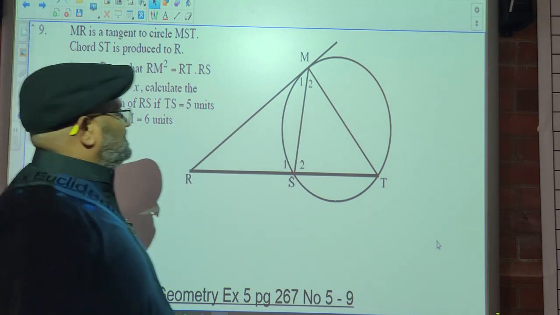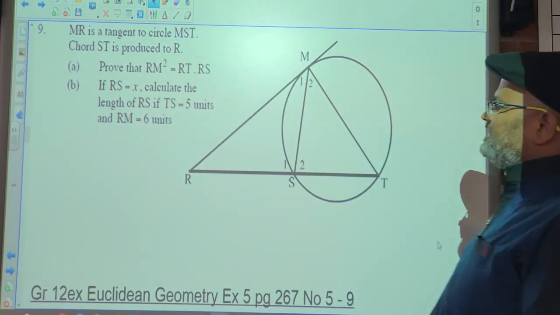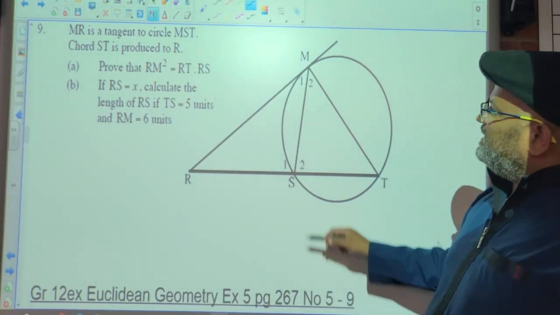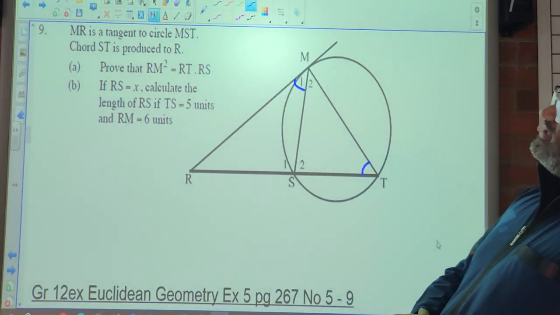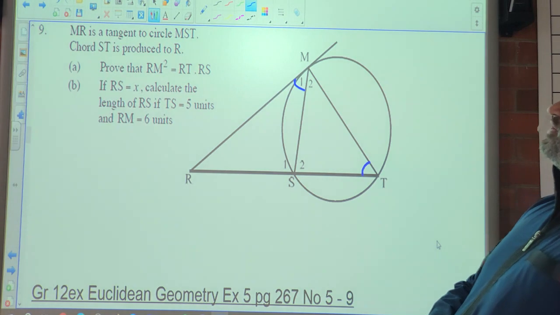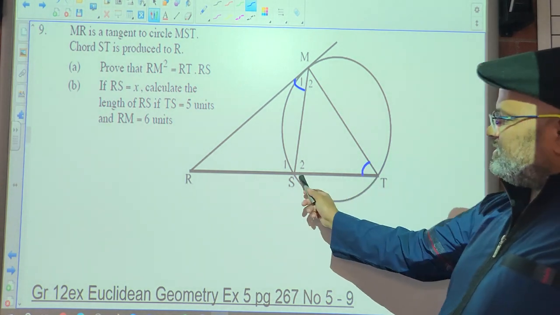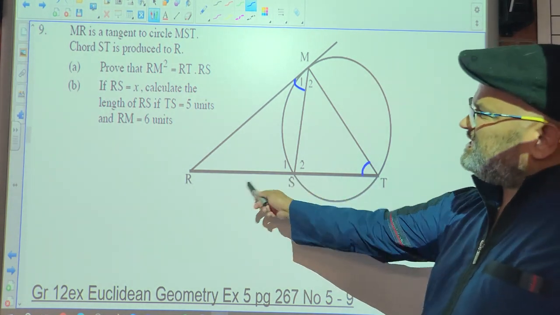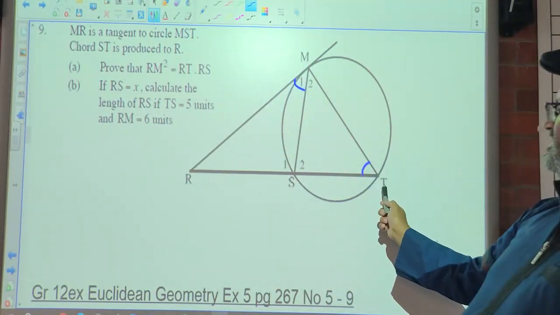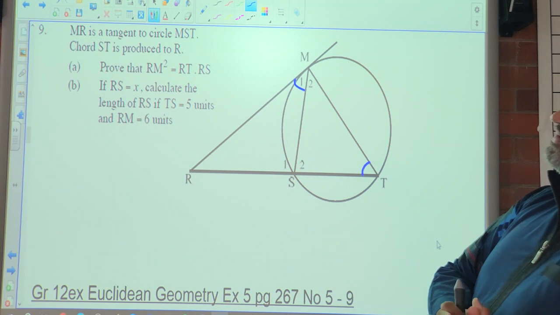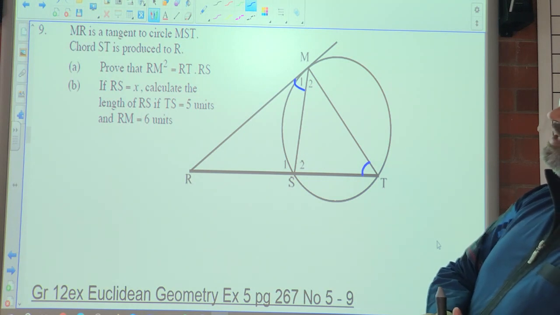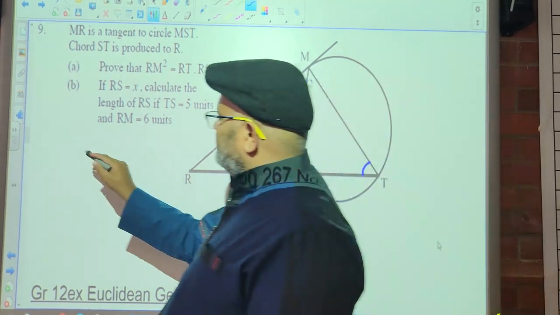People, we are told that MR is a tangent. If MR is a tangent, what do we know? M1 is equal to angle T. Why? Tan chord theorem. Chord ST is produced to R, which means TS is extended to R. I suppose that means TS, not ST, no? But okay, it's fine, probably. A, prove that